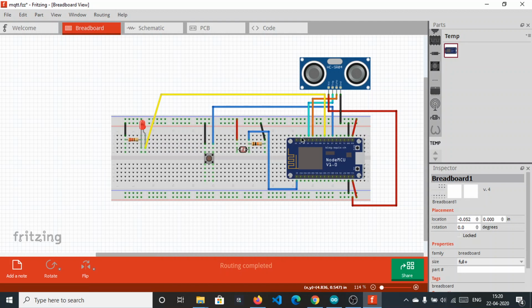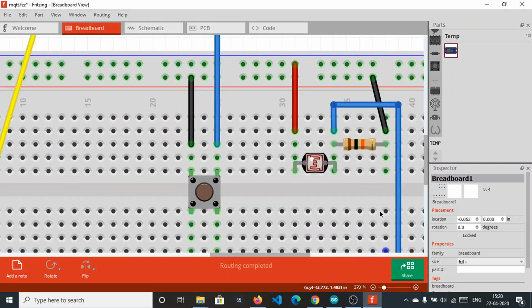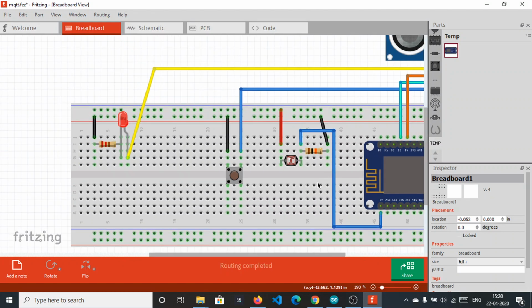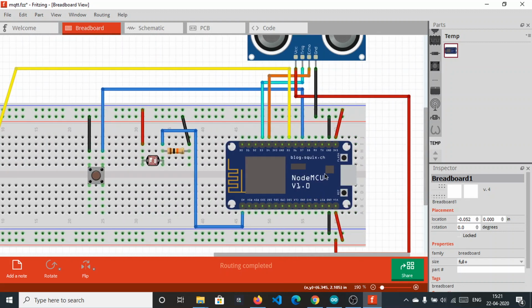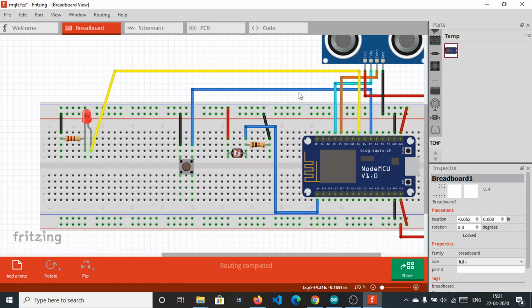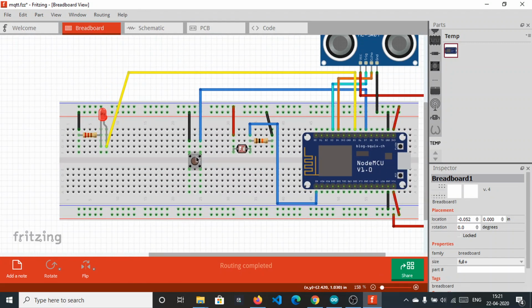We have used this pin, the D7, in input pull up mode, which will make it high, and as soon as anyone presses this button, we will detect a low signal.